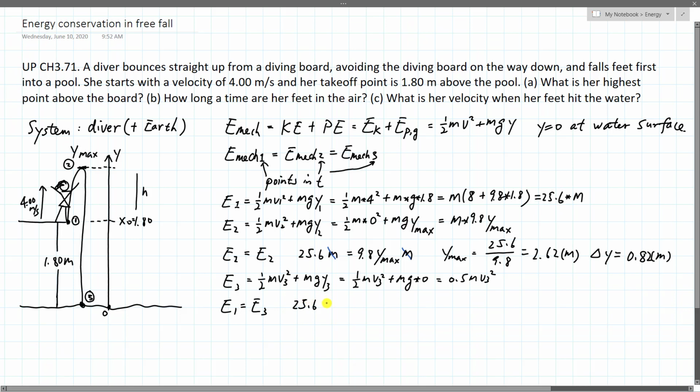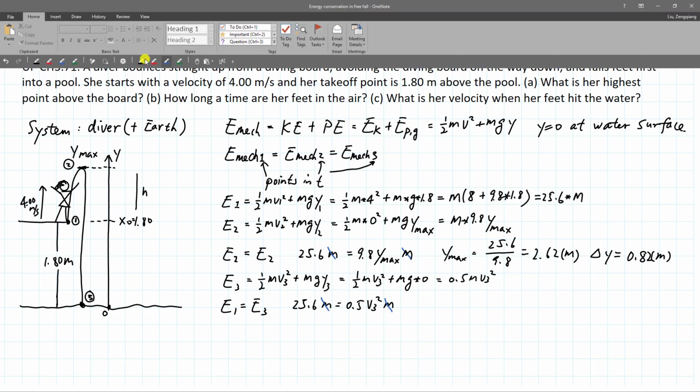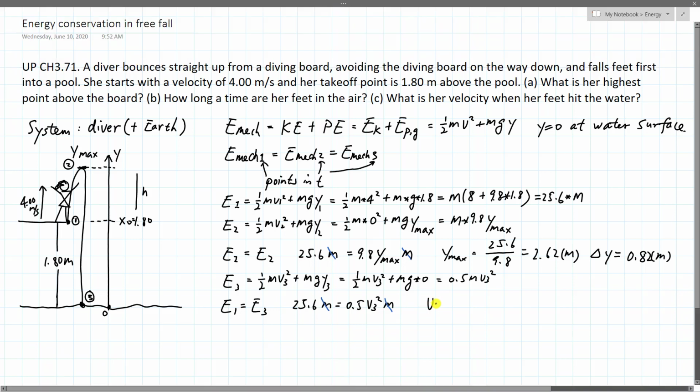25.6 equals 0.5 v3 squared m. Again, we'll divide out the mass, so her mass doesn't matter in this question, and I have v3 squared equals 25.6 over 0.5. I think it's 51.2. And then we'll need to take a square root, so v3 is equal to